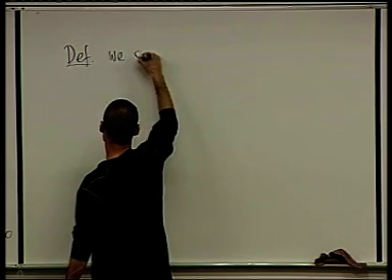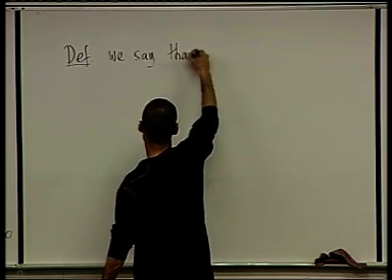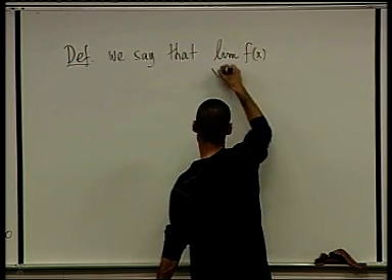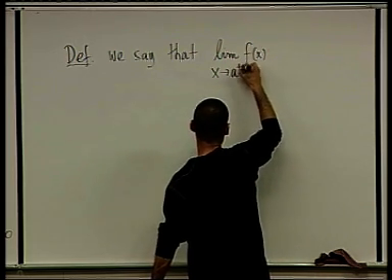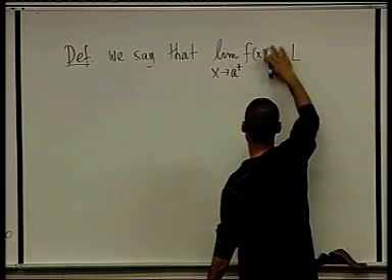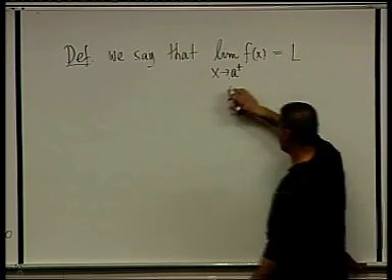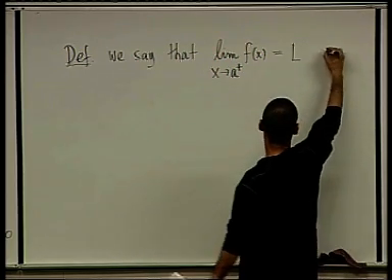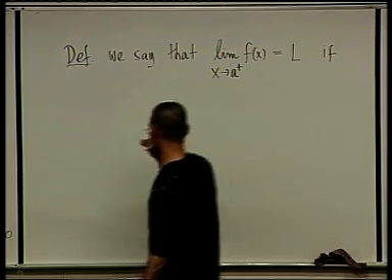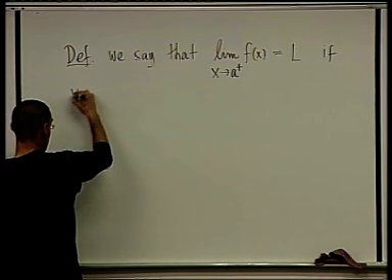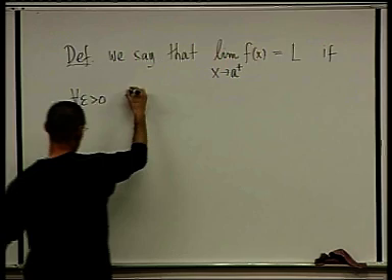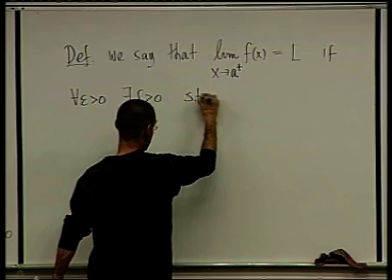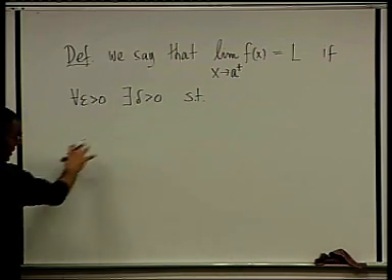We say that the limit of f of x as x approaches a plus equals L, or as x approaches a from the right, that's another way to say this, if for any epsilon there exists a delta such that,